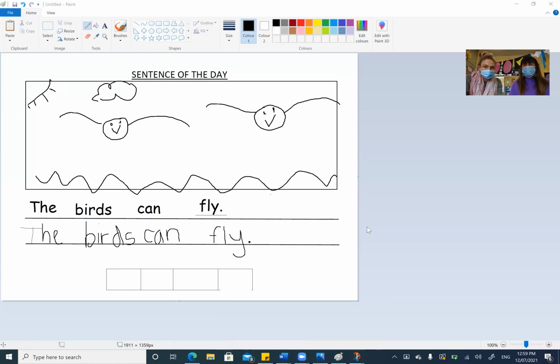And when you finished your sentence, remember, be proud of your work. We love your work, you'll love your work. And the way we'll get to see it is if you can upload it to Seesaw so we can all make comments. Or pop it in your journal, and then we can have a look at it and we can tell you what a great job you've done. Because Miss D, Miss Sherry and I, we all want to see your work.